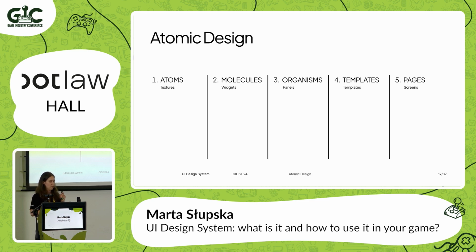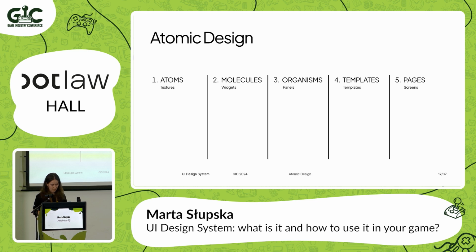So, for example, the smallest units of the design system are atoms, and for my game design purposes, those are textures. For example, this is the texture for the button, its frame, an icon, and this is the very basic thing. The second one are the molecules, and we translate them to game design as widgets. So this is the button made of those textures. It has the background, the frame, the icon, and probably some typography.